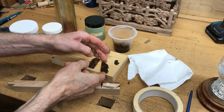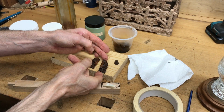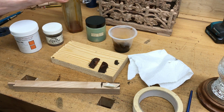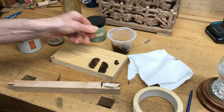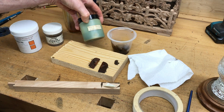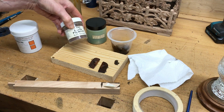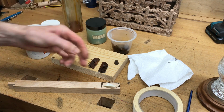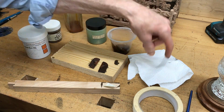So what I've put on here is a little bit of button polish, which is thinned down quite a bit, a few coats of that. And then in with the button polish, I've then added a bit of walnut spirit stain, pigments, burnt umber and a vegetable black. And I've just brushed a coat of that on and then dabbed it off with the towel